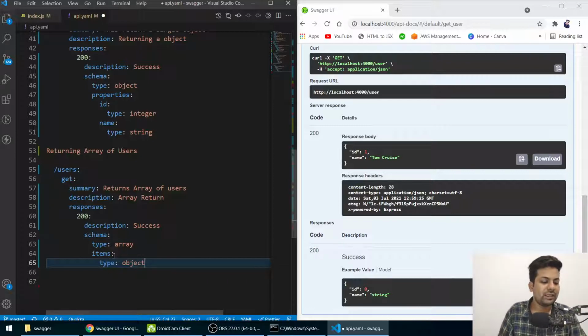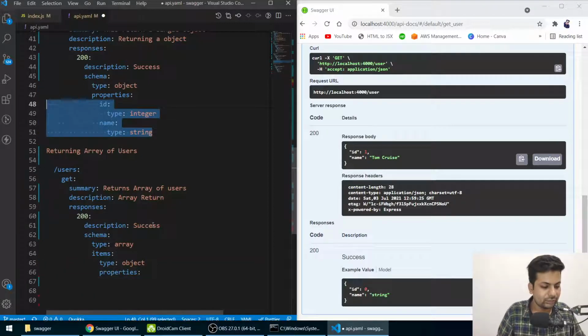So there will be an array, in the array there will be items. What type of items will be there? There will be objects, like there are multiple objects. Now I'll say properties. What type of object will be there? So I'll say properties like this.